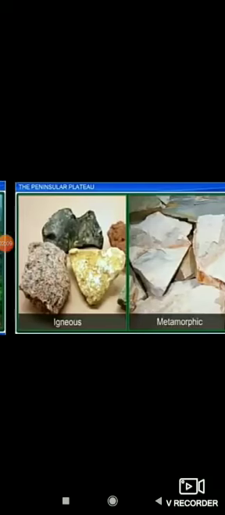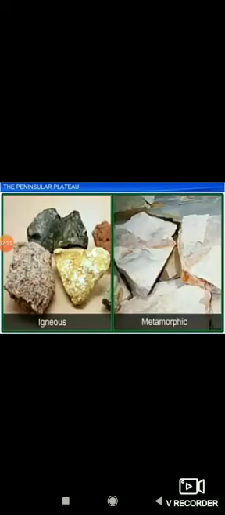This plateau is covering nearly half of the area of India. आप देखो half of the area इसने cover किया हुआ है इंडिया का. It is triangular in shape. Shape कैसा दिख रहा है इसका? Triangle with a broad base. The peninsular plateau consists of both broad and shallow valleys and rounded hills. The peninsular plateau is made up of ancient igneous and metamorphic rocks.